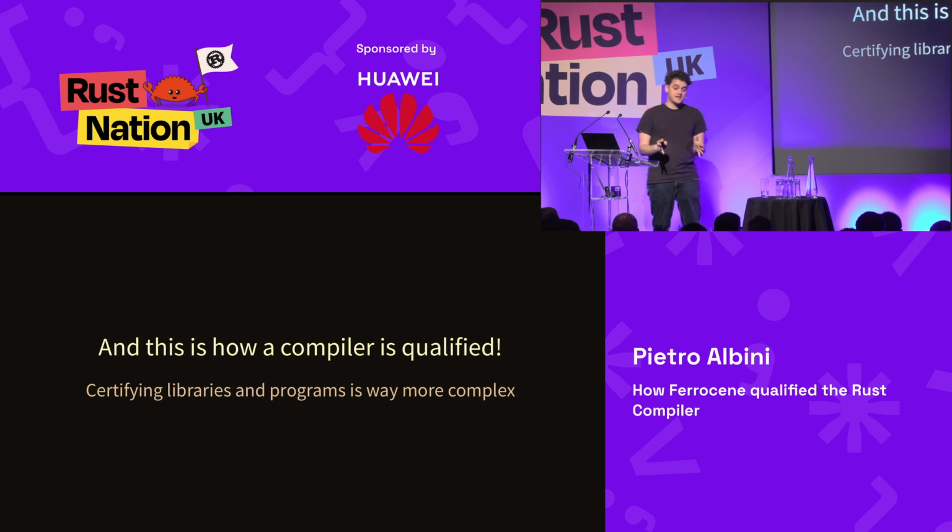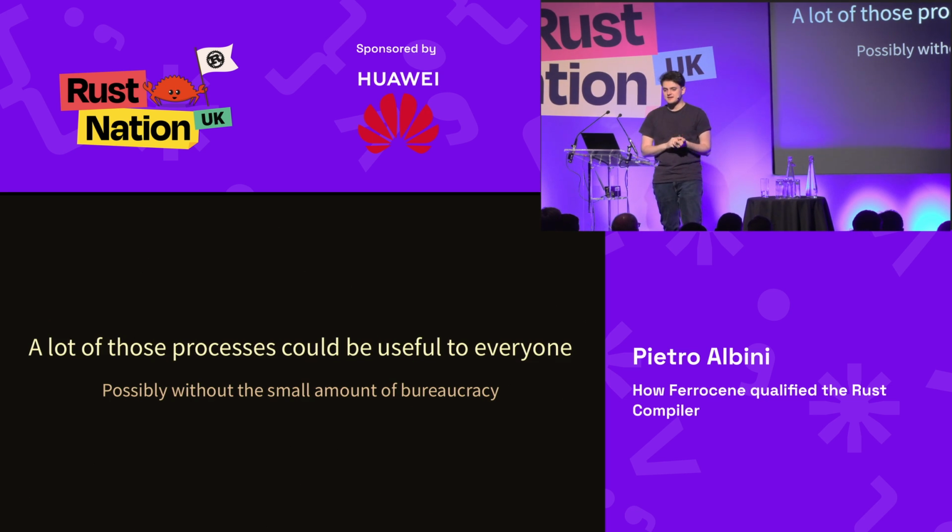Again, this is just for qualification of the compiler. Certifying programs that go into a safety critical system is way harder. And for example, the next thing we're working on at Ferrosystems is certifying libcore, so that you can start using Rust without having to do the certification of core yourself. But I think these processes could be useful for anyone in all other industries. You don't have to actually do the matrix to figure out what the tool impact is, but